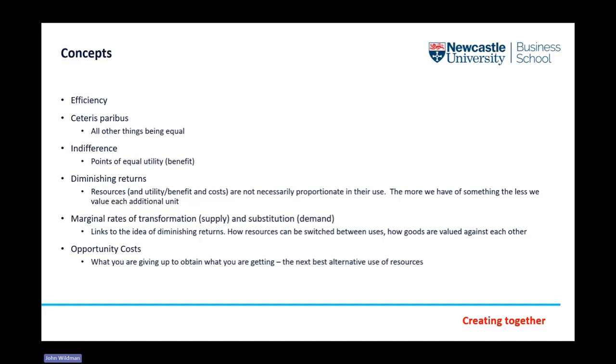So resources that we use for one thing are not necessarily good for something else. And I was just thinking about examples for this. If you've got lots of doctors and you want more teachers, doctors are not necessarily good at teaching, so therefore you lose something in that rate of transformation. If you've got lots of teachers but you want more doctors, to make those people who were teachers doctors requires resource shifts. And so these are the sorts of things that we're thinking about in terms of marginal rates of transformation.